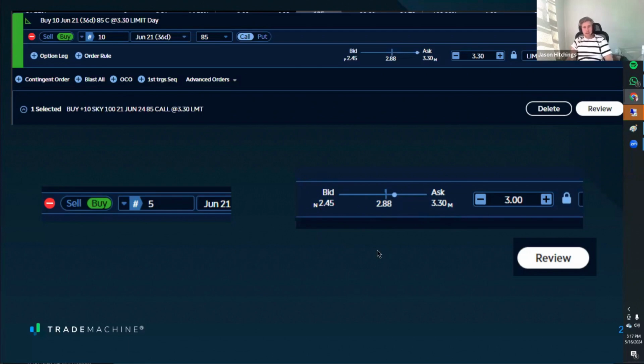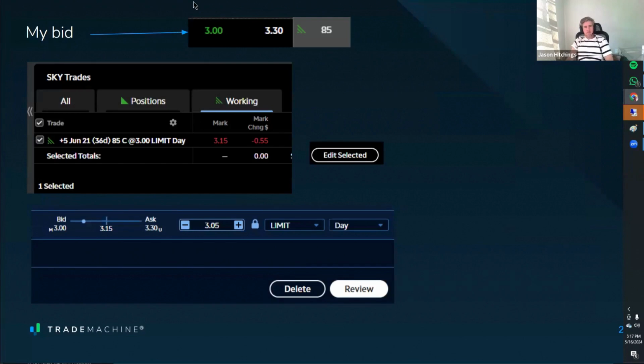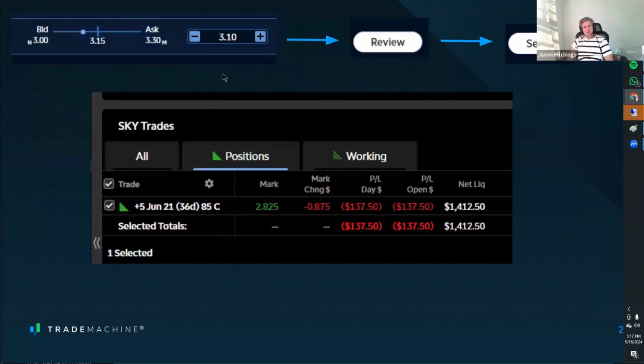So I tried to get filled at 3, sent that through. It lets me know what that's going to cost me. My bid became the best bid. So now the market's moved, 3 to 3.30. I didn't get filled. So I bumped up to 3.05, still didn't get filled, bumped up to 3.10, eventually got filled at 3.10. And then the markets kind of went back to where they were. And so it was showing that the mark was back at 2.82. So temporarily it's showing like a small loss, and I'm going to hold that for another day too and let